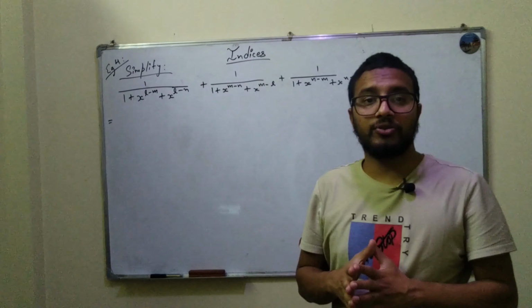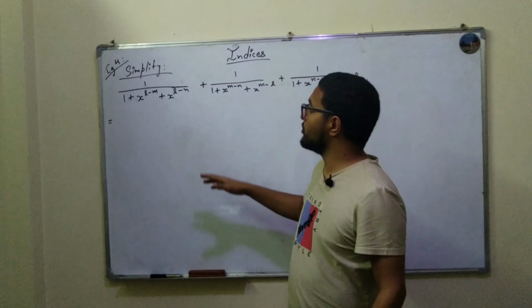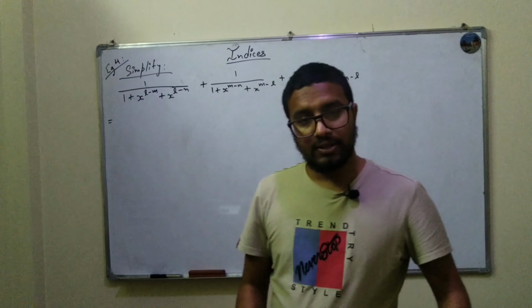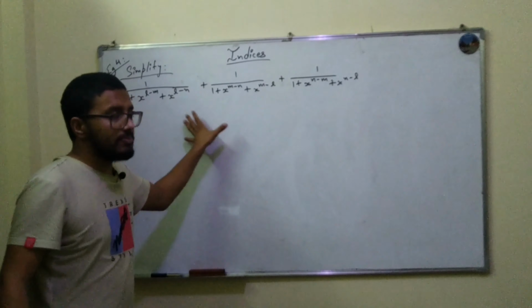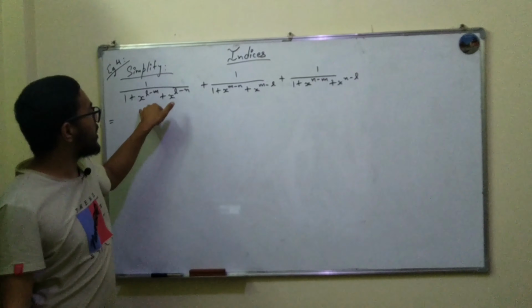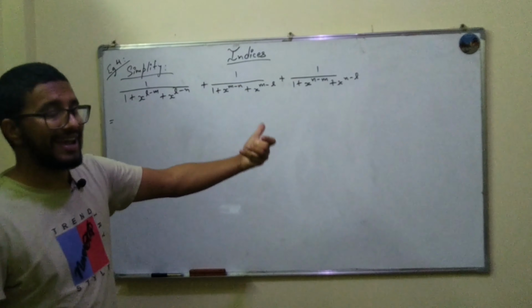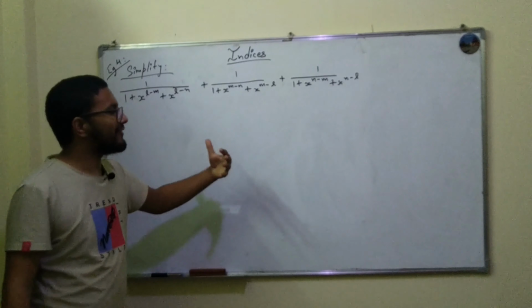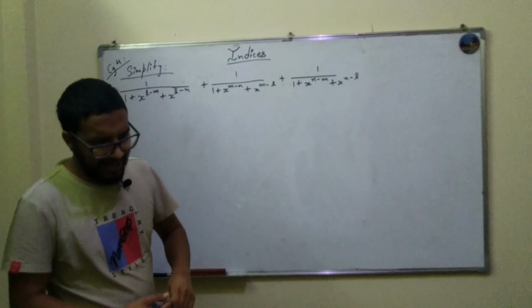So in this particular session, we are still covering indices. So we are looking at example number 4. What we've been given is this equation: 1 upon 1 plus x to the power l minus m, x to the power l minus n, right? So what we can basically write is